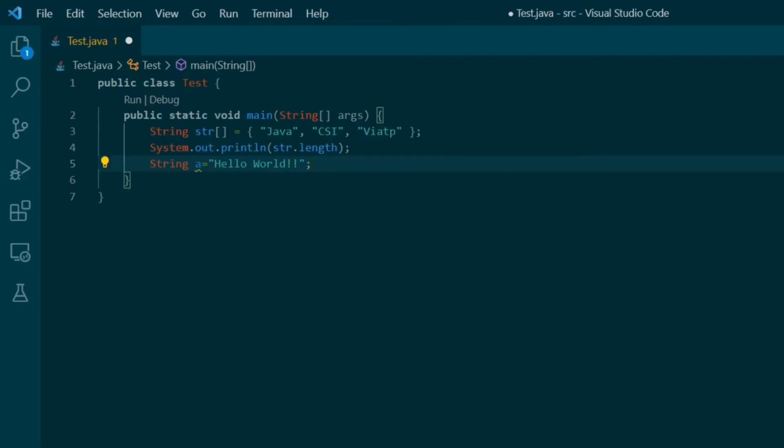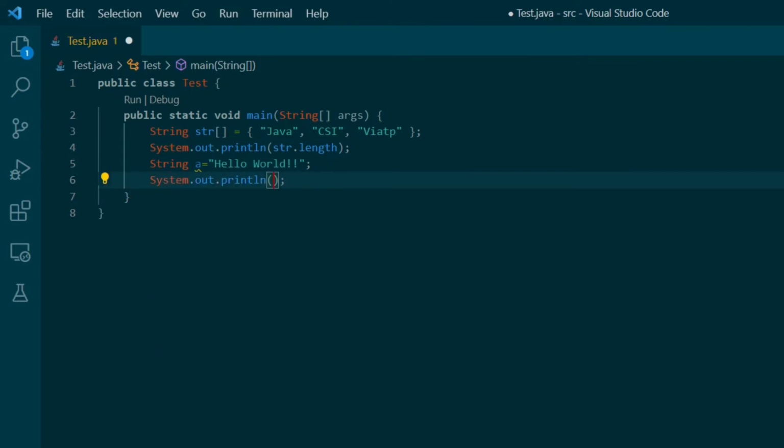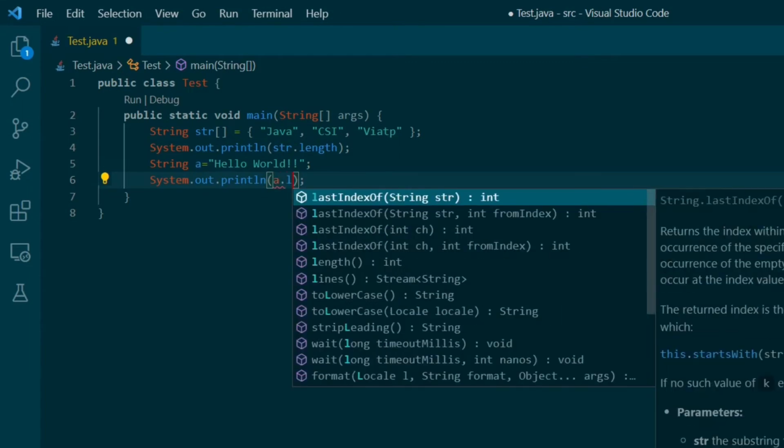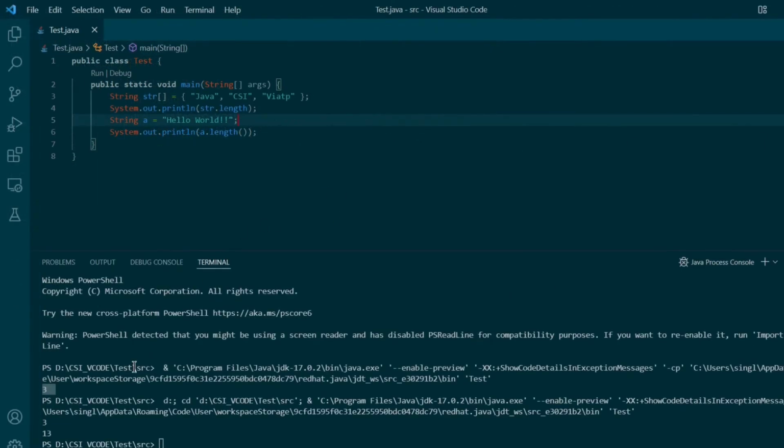To find out the length of the string, we define a print statement and in it we write a, which is the variable name of the string, and then length. It will return the length of the string hello world, and let's run it. You can see it is turning out to be 11.